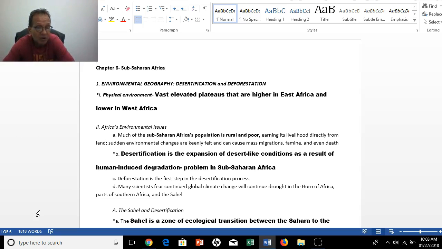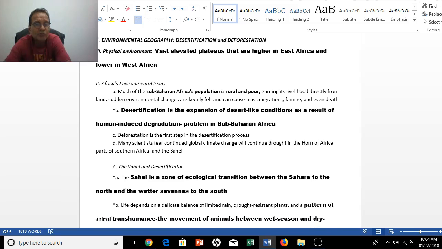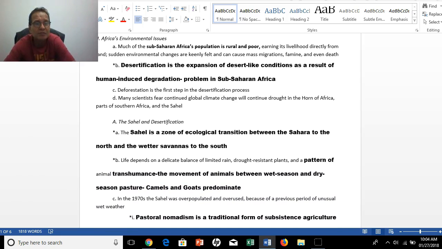And many scientists are also concerned about drought in the Horn of Africa, which has been going on off and on for the last couple of decades, and in parts of southern Africa and the Sahel. The Sahel is a zone of ecological transition between the Sahara Desert to the north and the wetter savannas to the south. Life depends on a delicate balance of limited rain, drought-resistant plants, and a pattern of animal transhumance,